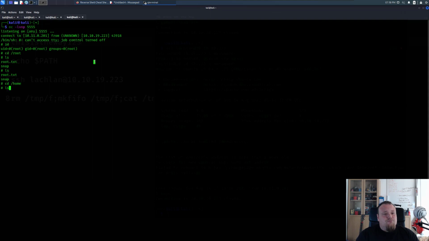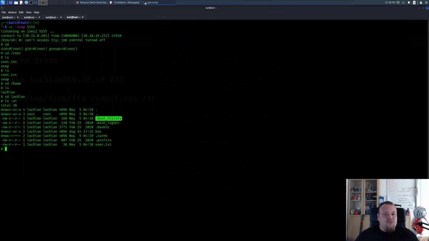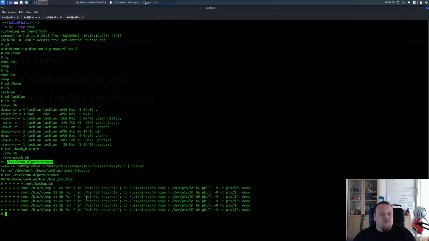Go to home and lan and ls -d, and we have the history. So this is the problem. This file right here, the content of this file, is because we, with root, every now and then execute a command with a relative path. The path, and this is the problem, it will look for this file in the path of my user. So it will essentially run the pkill command as we created in